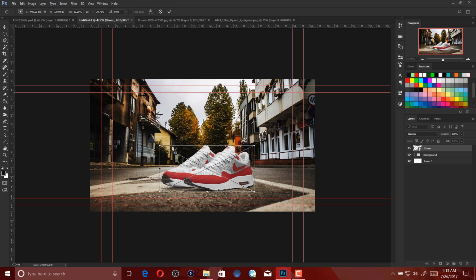So you don't have to worry about making shadows because the shoes already have shadows. But if you want to make shadows, it's very simple. I'll work that in a different tutorial. But we're going to place it, and we got a nice size for our shoes here. So the next thing we're going to do